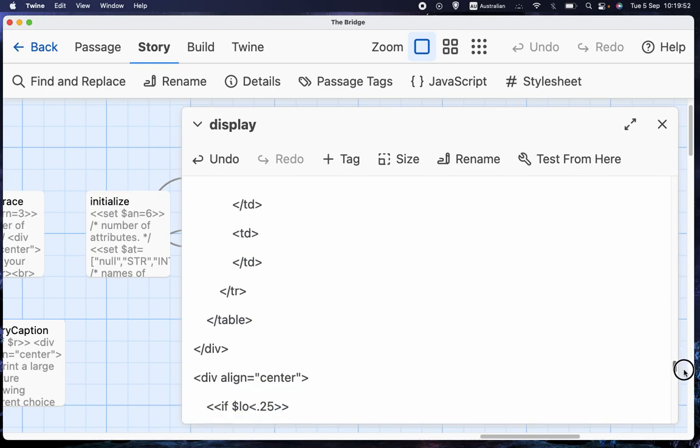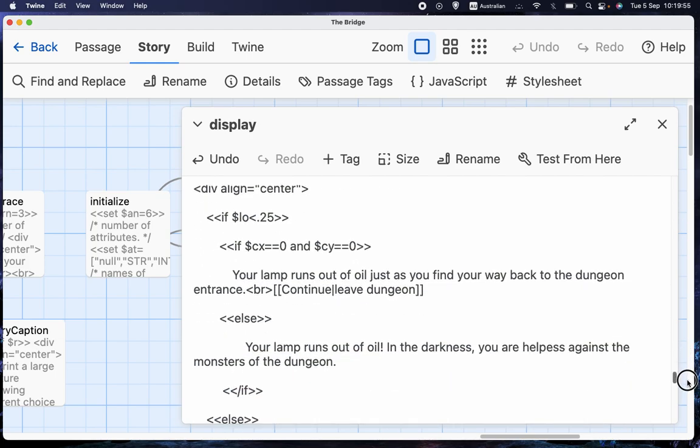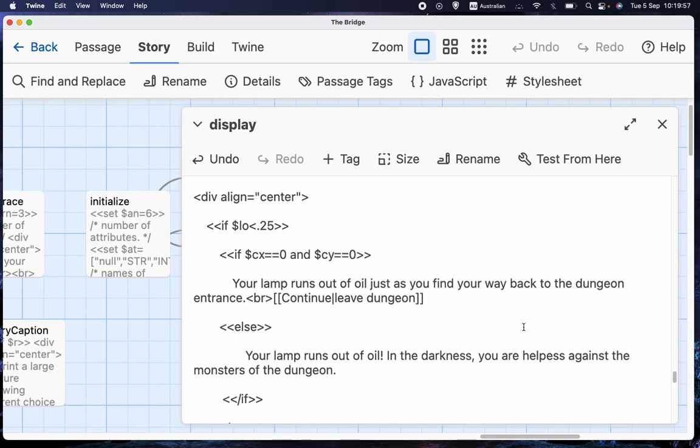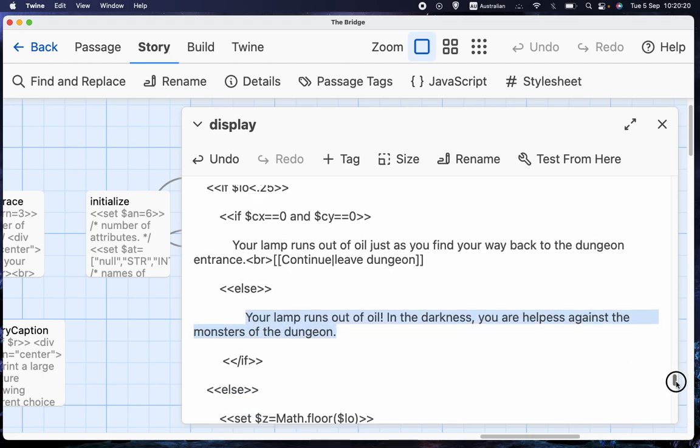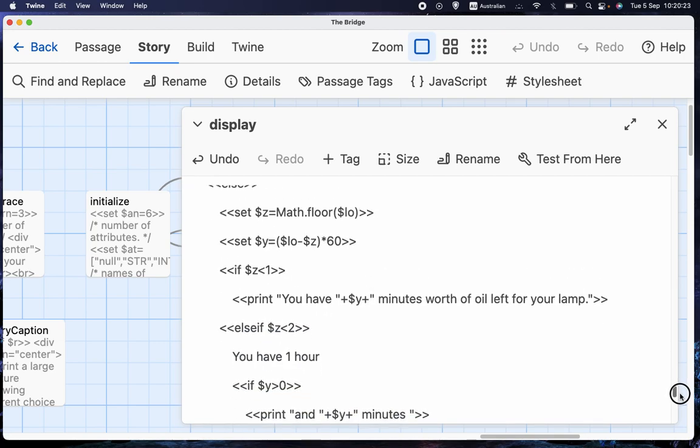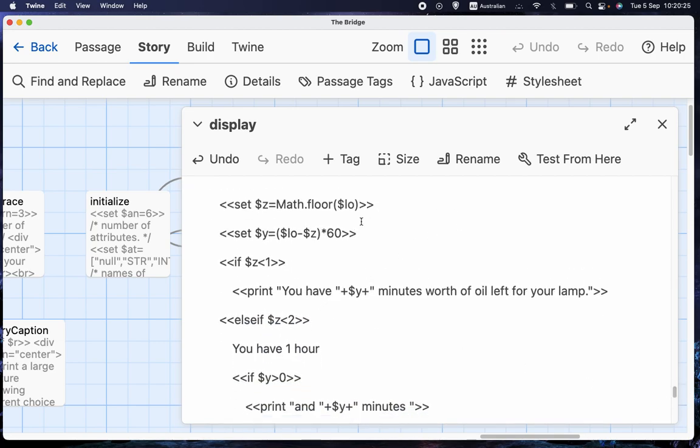And so the fifth row is the same again. Then we have the messages that are to do with lamp oil. There are a few different things that can happen. You might have no lamp oil. You might have no lamp oil but be at the entrance, in which case I decided that you can just make it and you leave the dungeon. Or you can run out of lamp oil and not be at the entrance, in which case you lose the game and die. Or you can have some lamp oil left, and then the way that it works is,